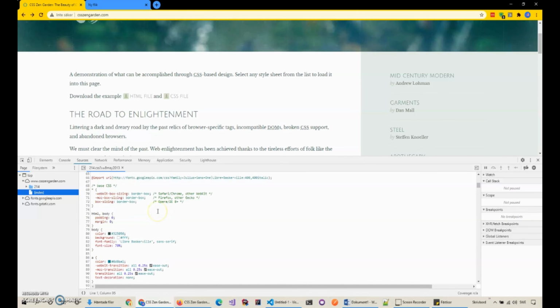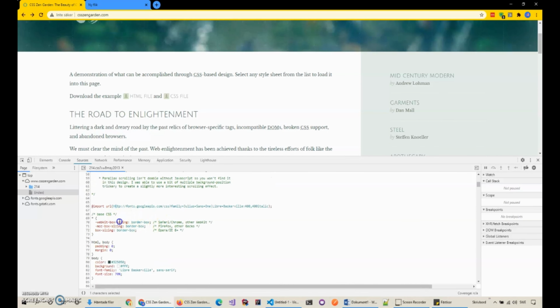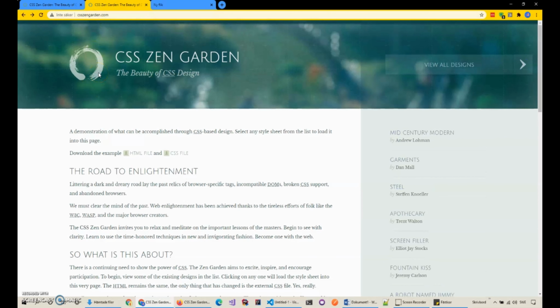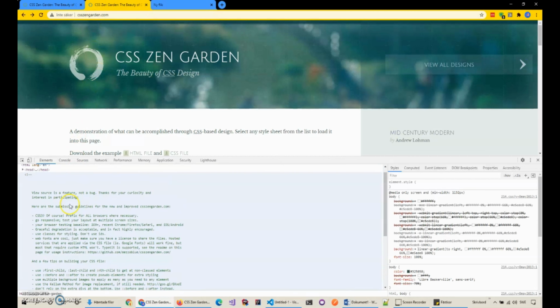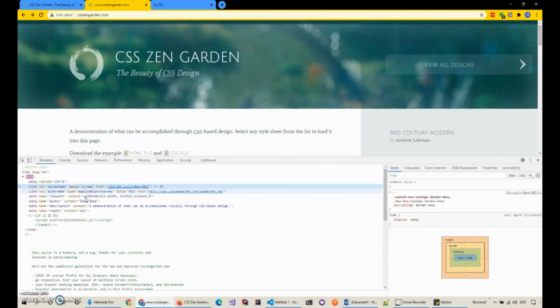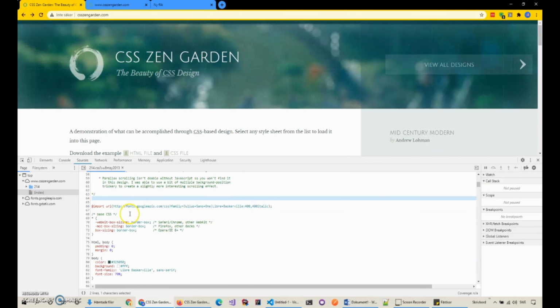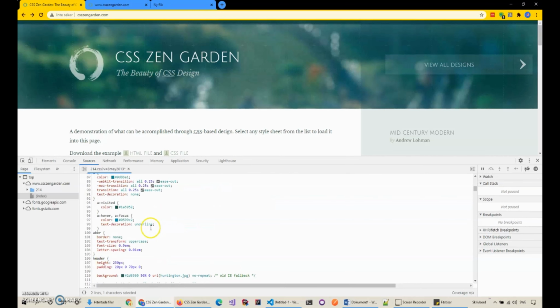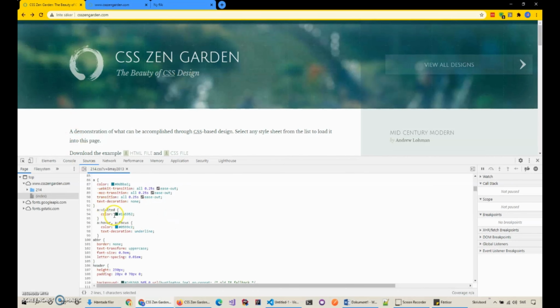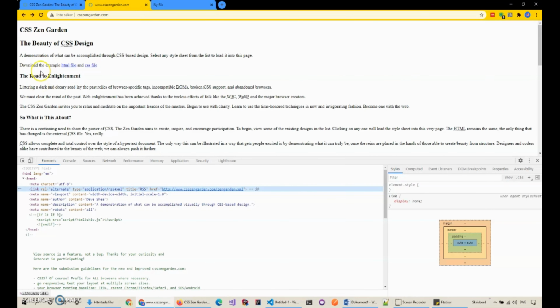Okay, this is the thing that makes it look like this, and not like that. So these instructions are the difference between this and this.